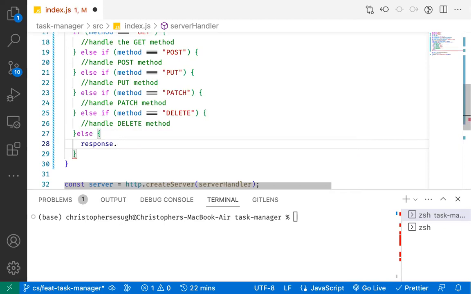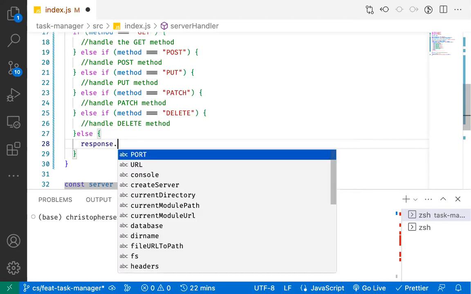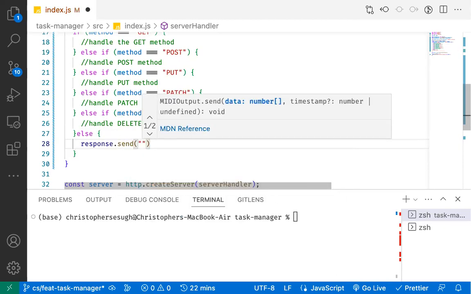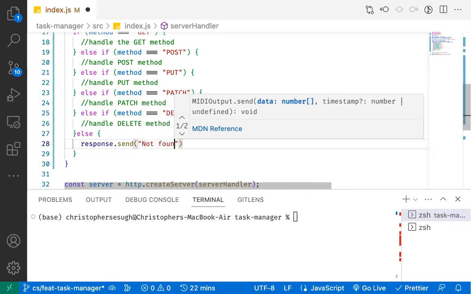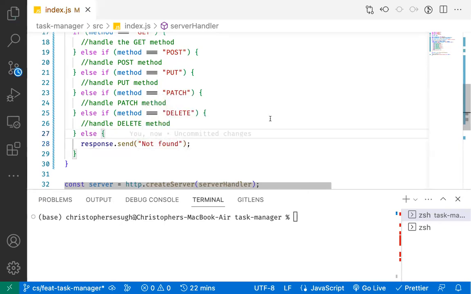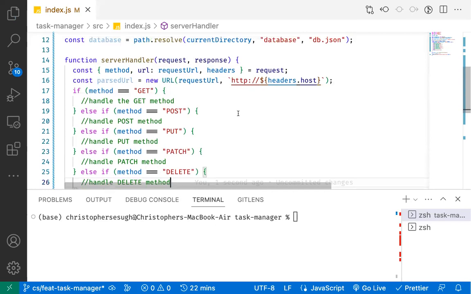Let's leave it like this first. We'll handle this later. So this response.send not found, just like this. But then we handle that. But you can see here that anytime we want to